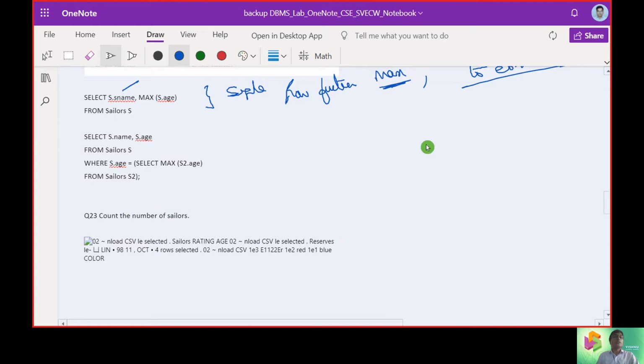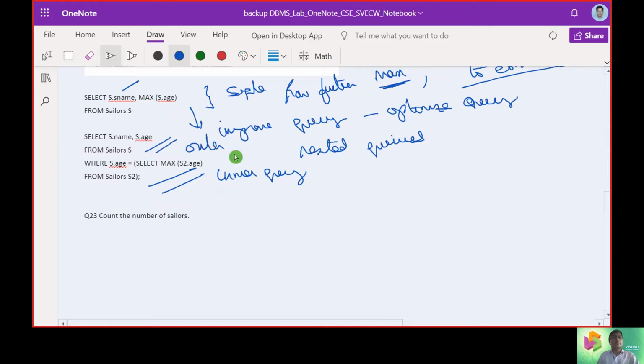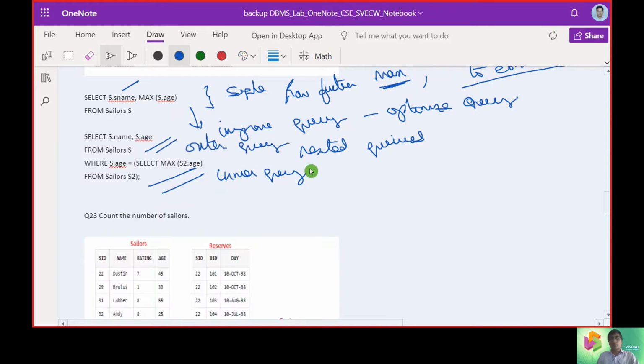So the improvement was that we have to improve and optimize the query. How we can optimize it is by going with nested queries here, that is, an inner query followed by the outer query.